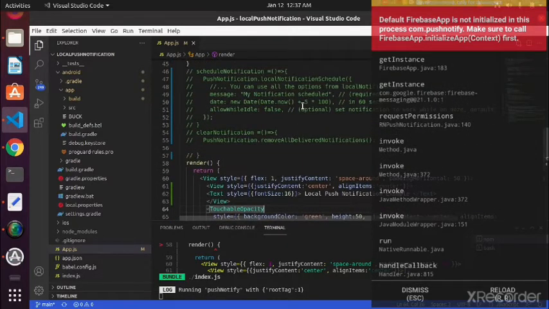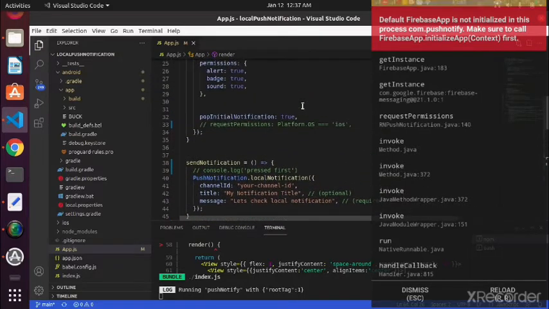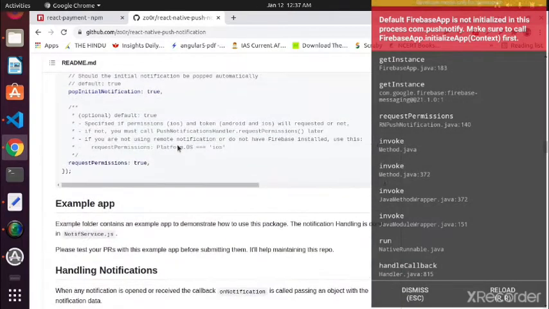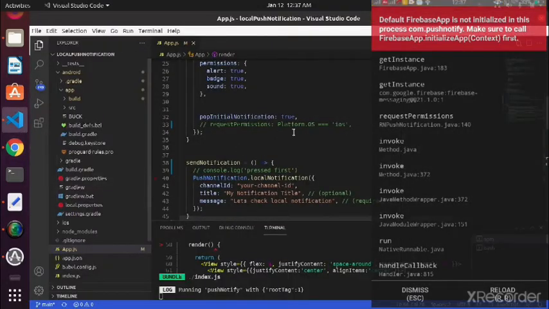For that, while we are setting this up here, you have to write Platform.OS equals iOS. This line if you write, then you have to import Platform from React Native. Okay, and now if I run again,